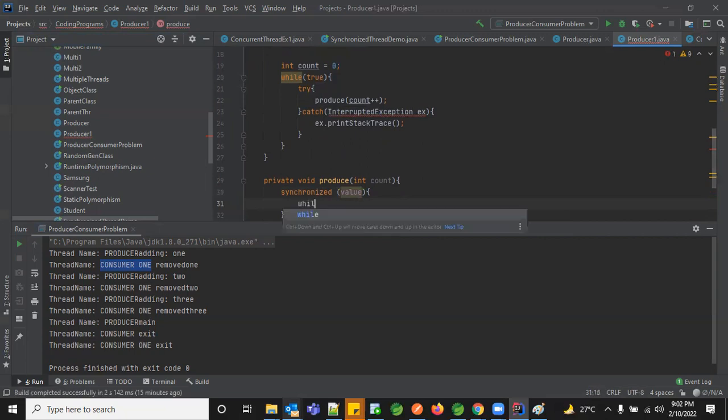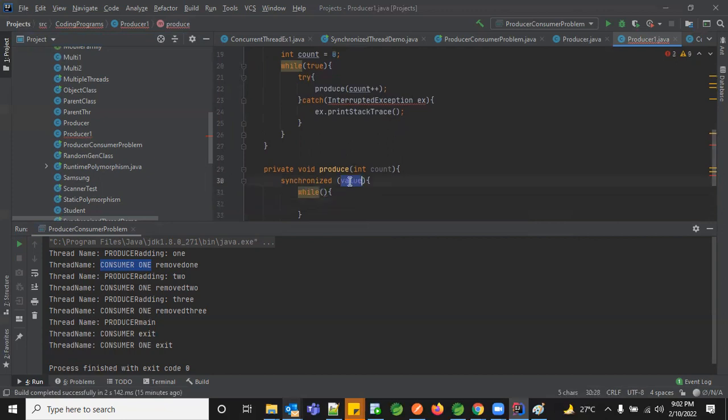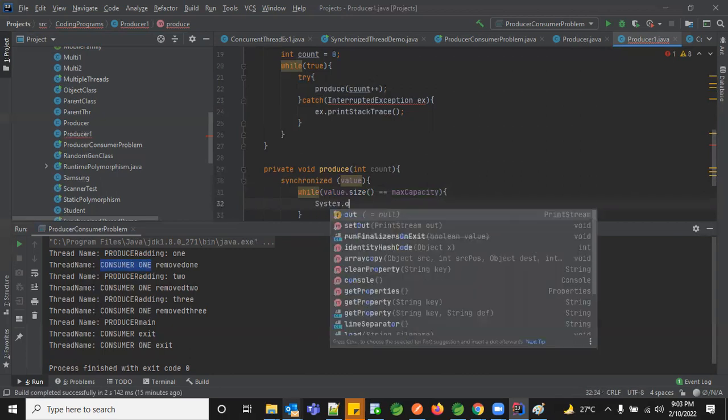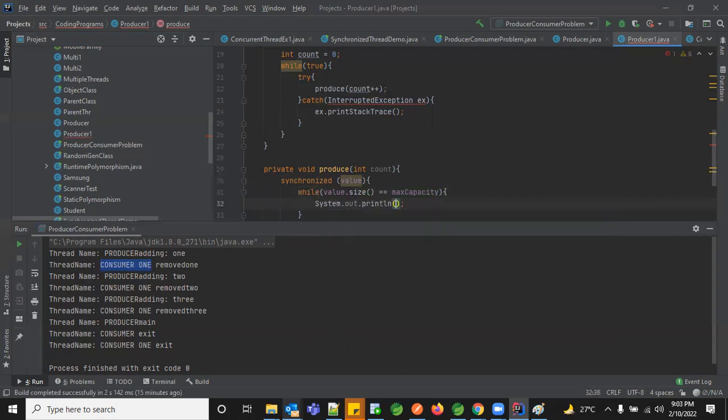And here I'm going to just validate based on my size. To check the size of the list, we use the size method. If it is equal to the max capacity, the queue is full, right? The list is full. If the maximum capacity is reached, it's full. So I'm just going to give full.